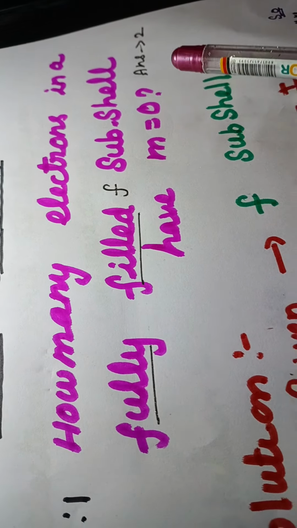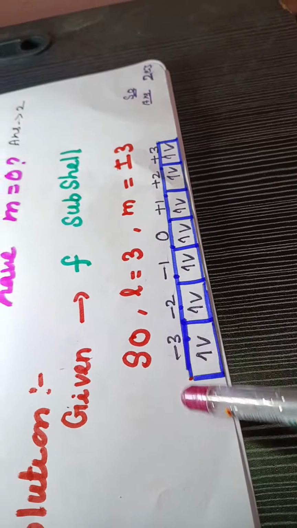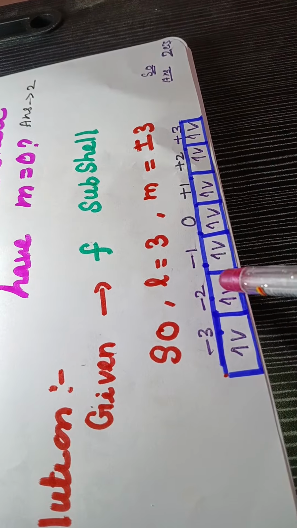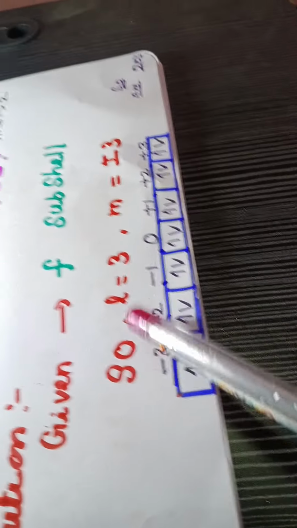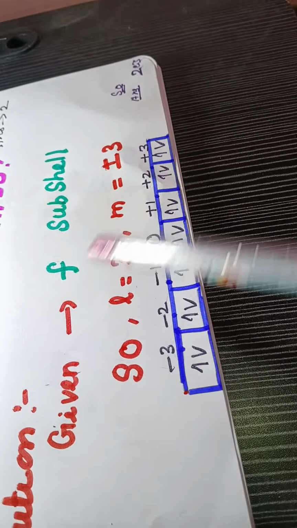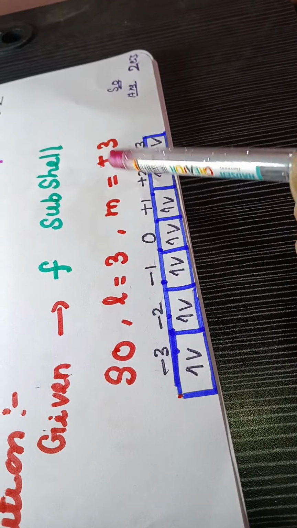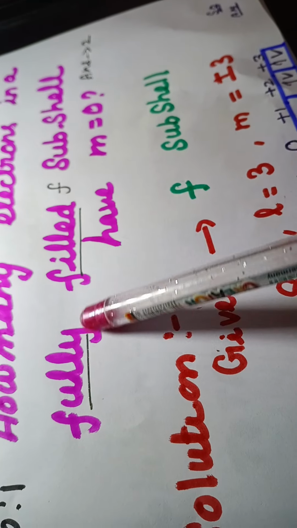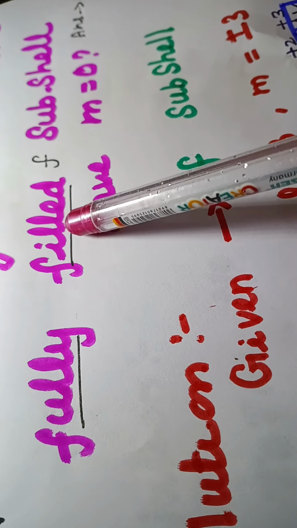Understood all of you? Listen, this one is an f subshell. Here, how do you write this one? Because when f is given, the l value is 3, and the m value is from plus 3 to minus 3. So you write like this. The trick here is what is given, the clue is what is given.